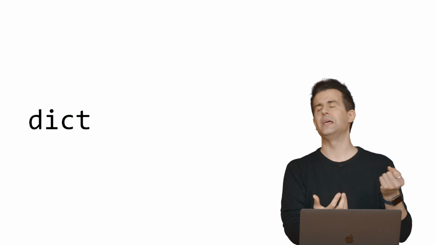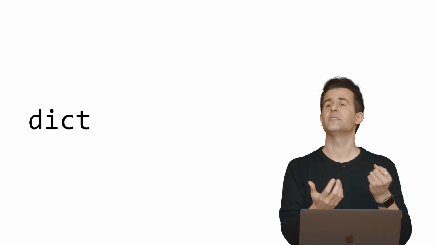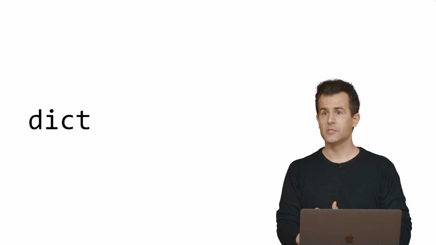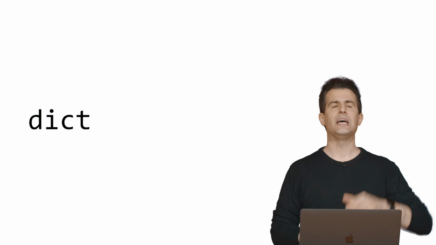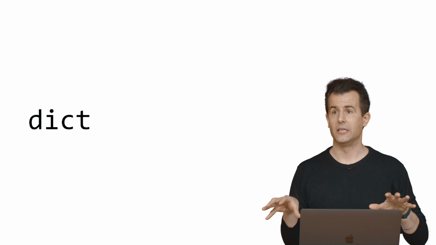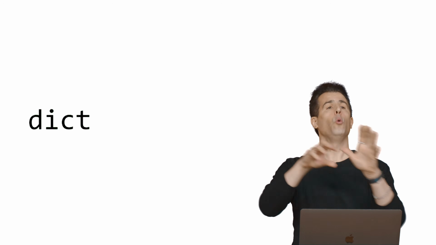Literally a dictionary, like in the human world, if you were to open a dictionary, be it in English or any other human language, what's inside of a dictionary? Well, it's a bunch of words and definitions. A computer scientist, though, and a programmer would describe those more generically as keys and values. Something associated with something else. That's all a dictionary is. It allows you to associate something with something else.